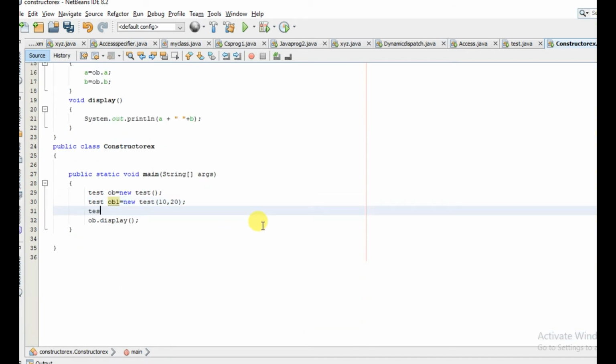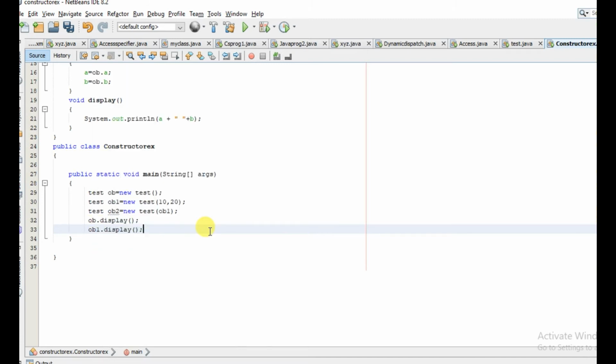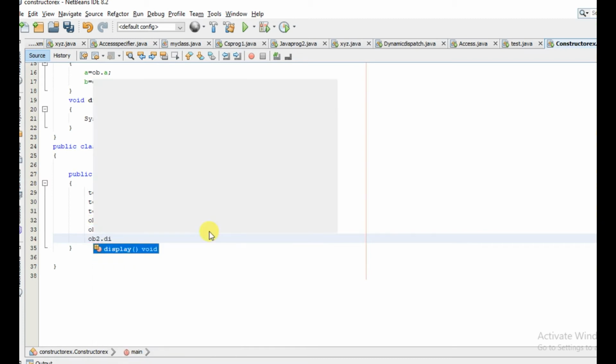And now let us create one more object, ob2 is equal to new test, and pass this object ob1 inside this test class. So this will create the copy of ob1, and now let us call the display method using ob1.display and ob2.display.